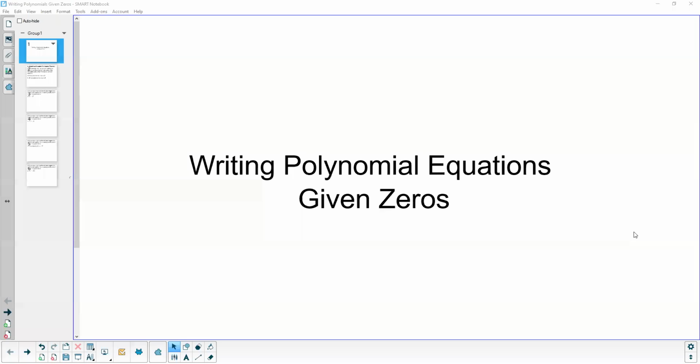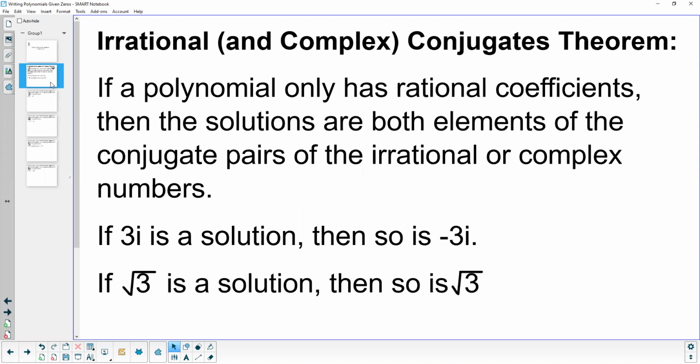Hi, this is Mrs. Kidman, and in this video, we are going to be discussing how we can write polynomial equations given the zeros of the polynomial. So before we get started on that, I do want to talk about one type of theorem. Now, this theorem is kind of two theorems combined together, but basically what it says is the irrational conjugates theorem